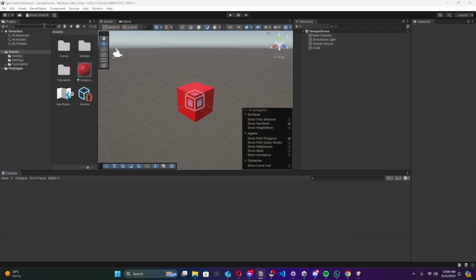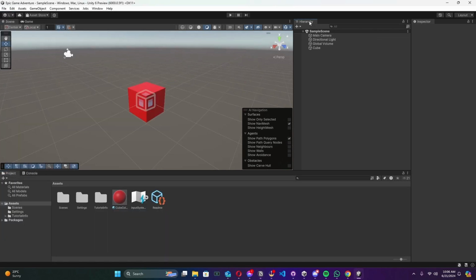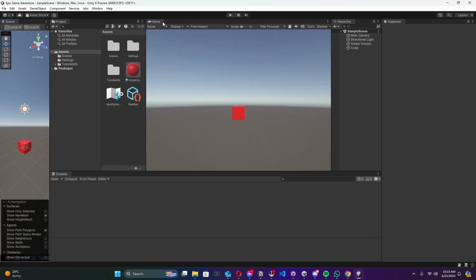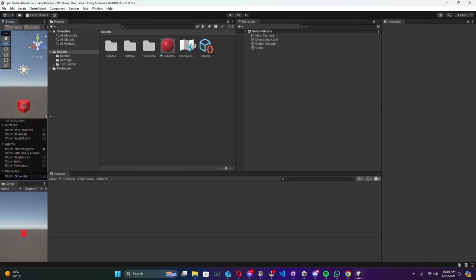Now if you're interested in the layout that I prefer and use most of the time, it will look something like this. Instead of having my scene in the middle of my screen, I prefer to have it on the left side, and under the scene I prefer to have my game tab. Let's do that right now. I will grab the scene tab on the left side as far as possible. I will grab now the game tab and move it underneath the scene tab, and now I will resize my